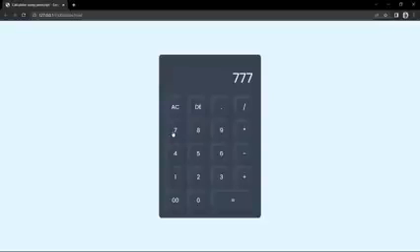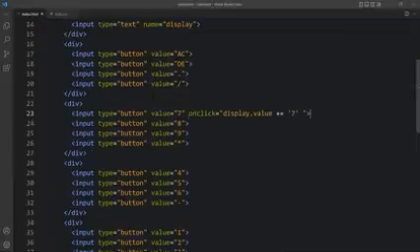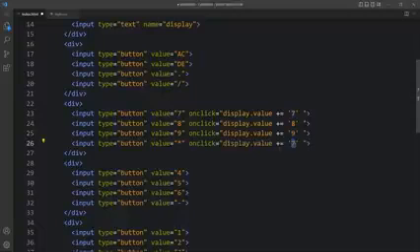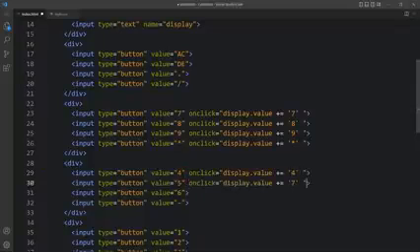Similarly, we will do the same thing with other buttons. So let's come back here. Let's copy this and paste it here. Write 8. In this one we will add 9. In this one we will add this asterisk or multiply. Here we will add 4. Let's add 5,